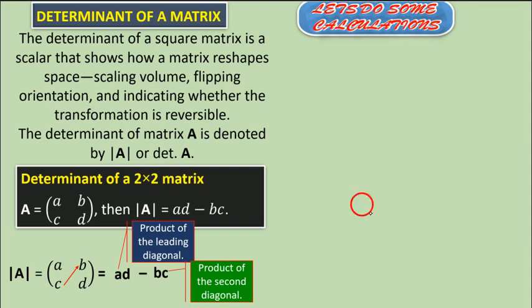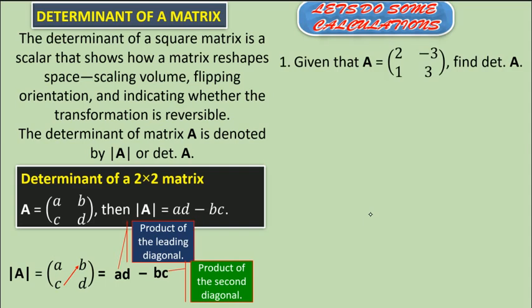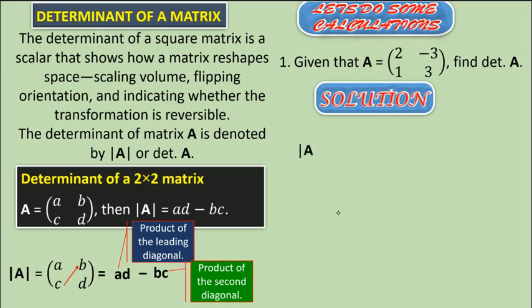Let's do some calculations. Now we have a given matrix A with the elements, as you can see clearly. The question says you should find the determinant of A. So now we start to solve the problem. The determinant of A, as I said, is given by this definition we're having here now. So now the determinant of A is given by